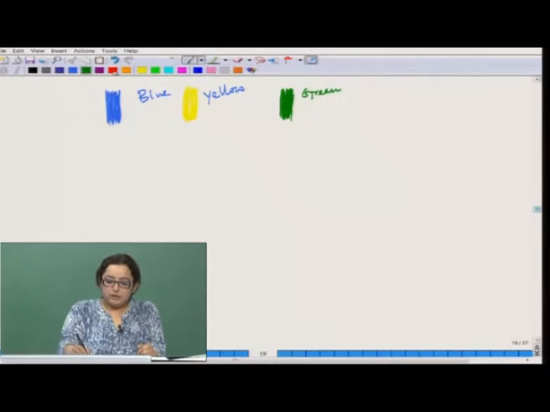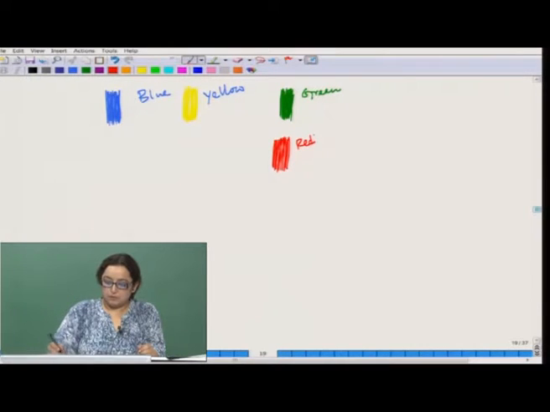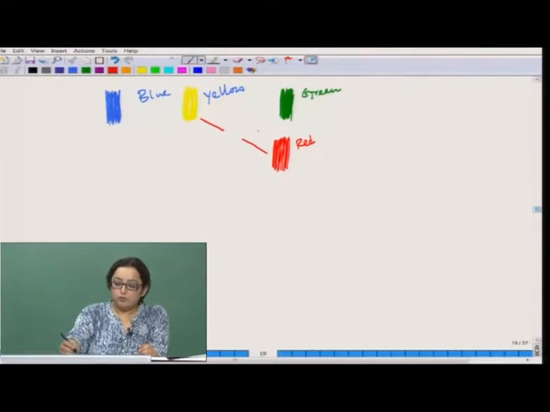Similarly, if we mix red with yellow, red and yellow will produce orange.